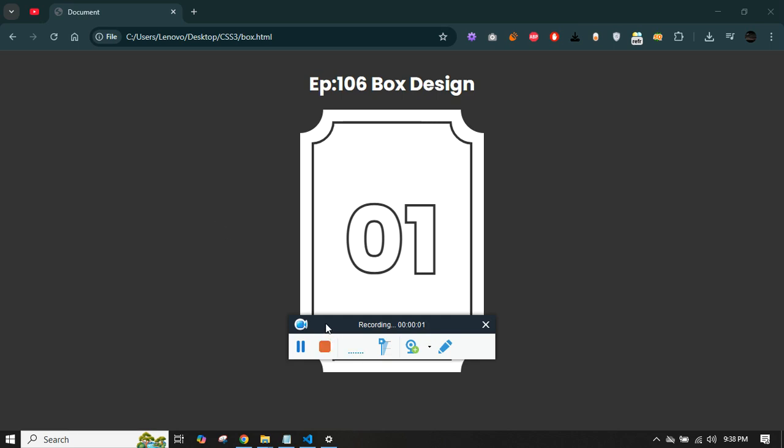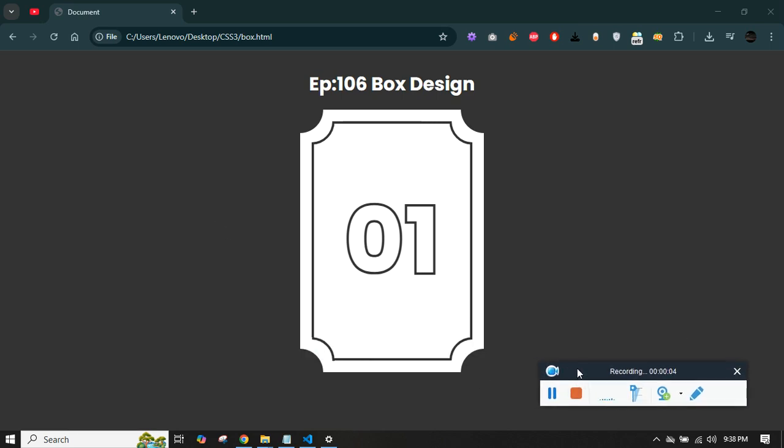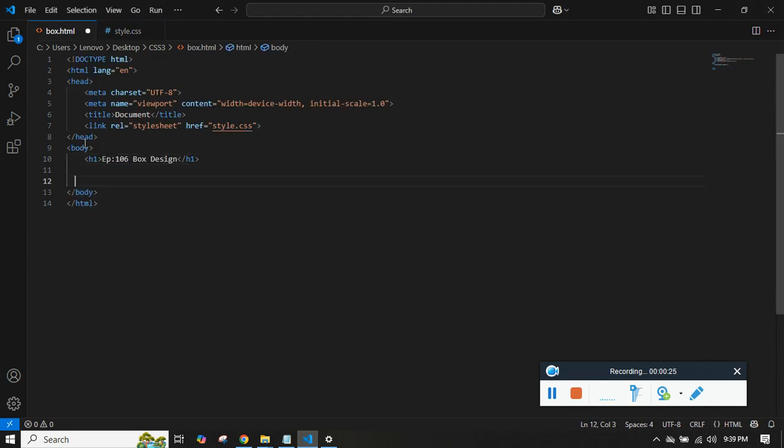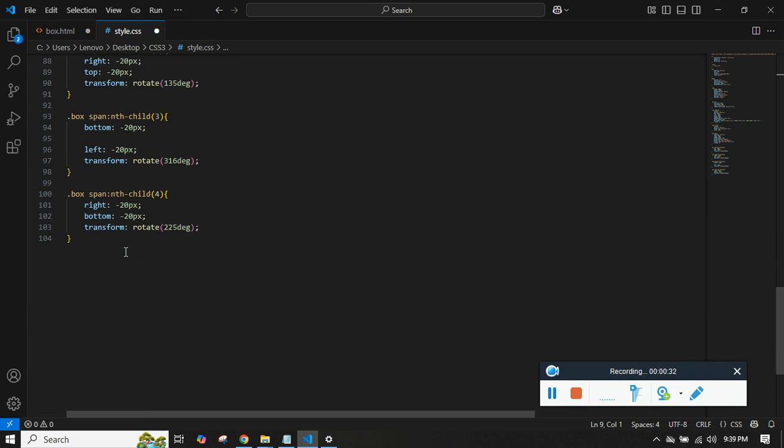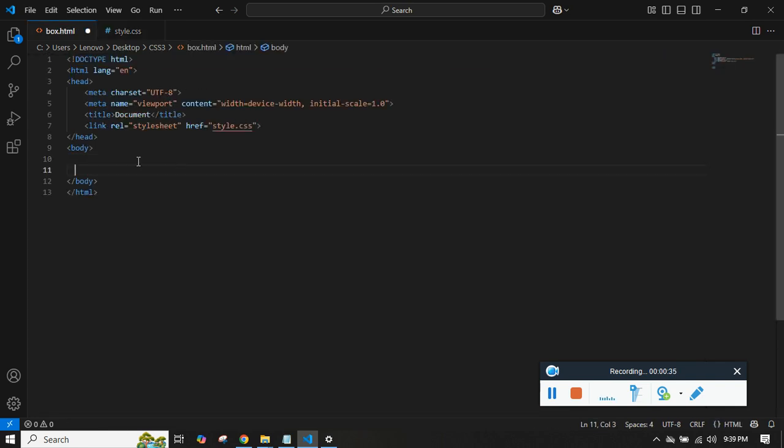Alright, in this video we are going to see how to create this design, which is box design, in HTML and CSS. Just to give you a summary, the topics that we are going to cover are box shadow, the pseudo elements before and after, and the text stroke. So let's start from scratch, and I'll remove all the CSS and start from scratch. Cool. So for the HTML we just need a div with class box,